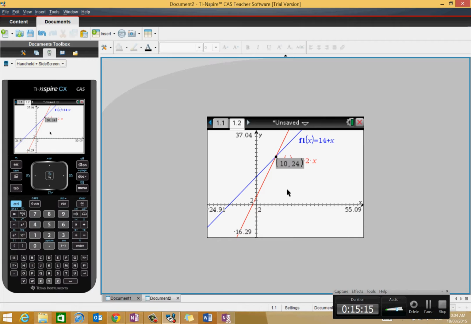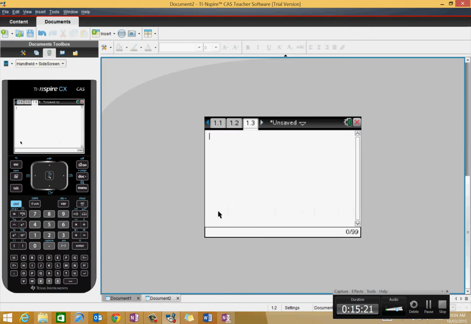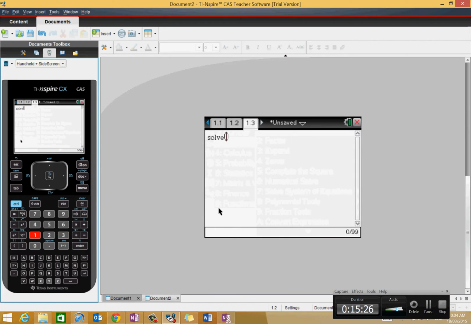So this is how you can use graphs, and you don't have to use the solve function for that. You could though. How would we do it in the solve function in our calculator? Well, what we could do is go menu 3, 1, but the problem is we have to then find what the total cost is. We can say that 14,